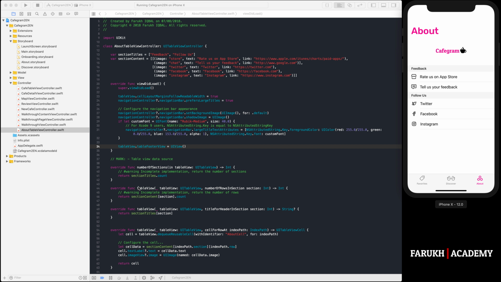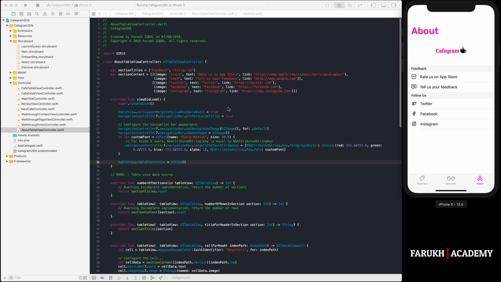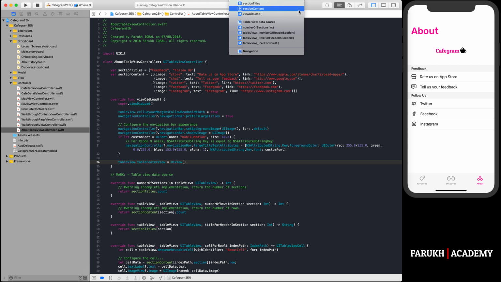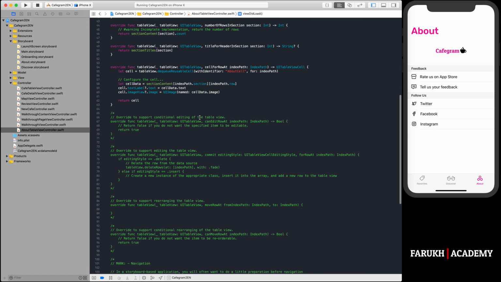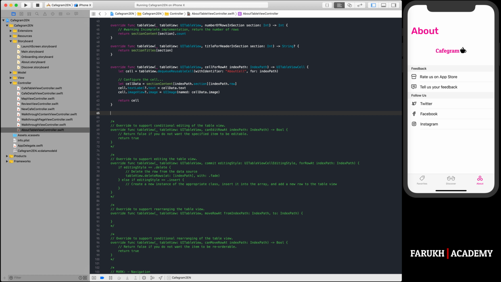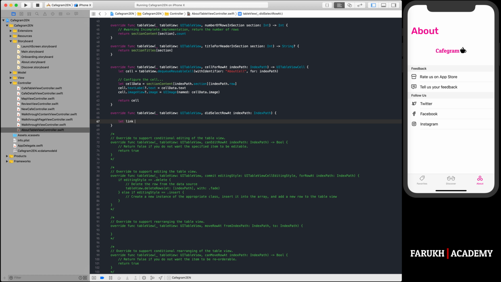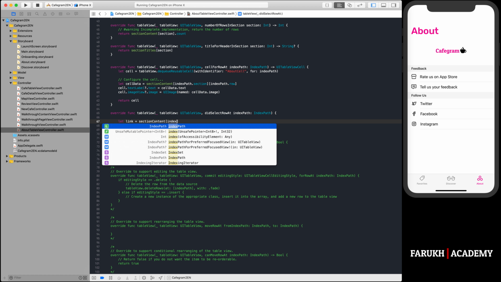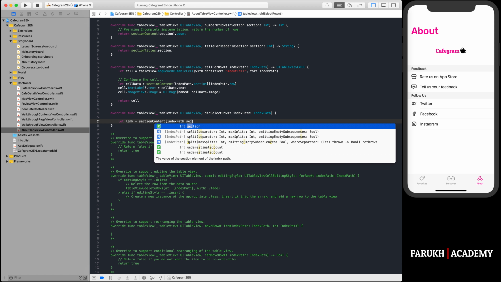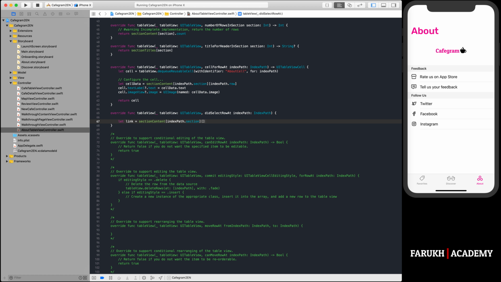Insert the following code snippet, okay? So here, did I already use it? No, okay, so I'm going to call it didSelectRowAt indexPath, okay, and then you write let link is equal to sectionContent, then indexPath.section, indexPath.row, dot link, okay,